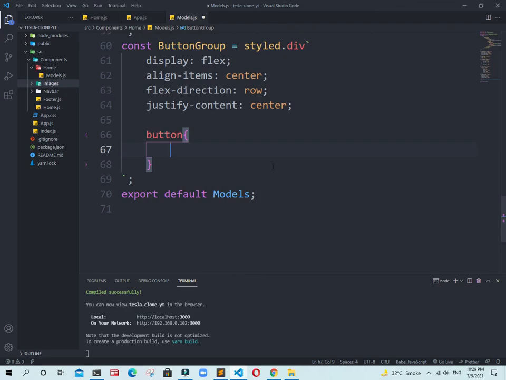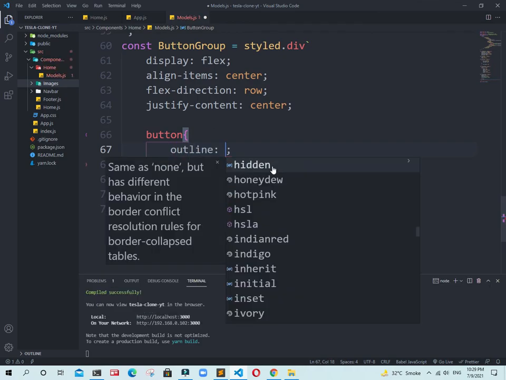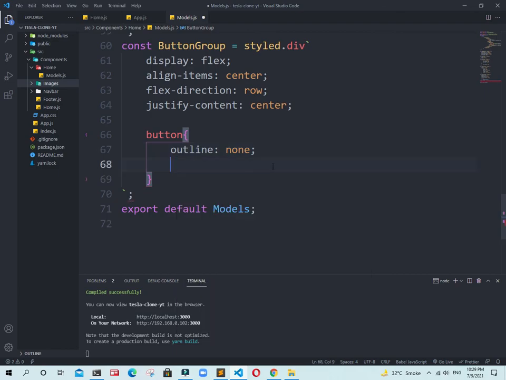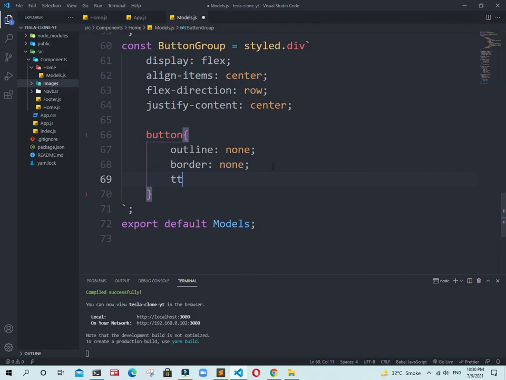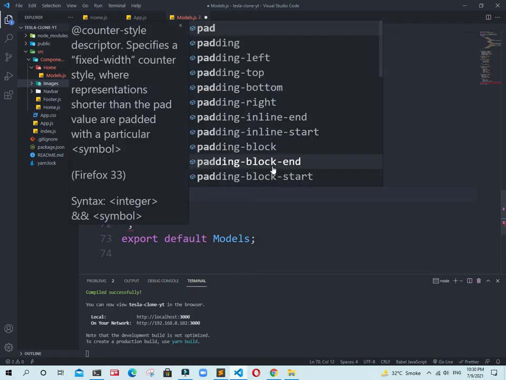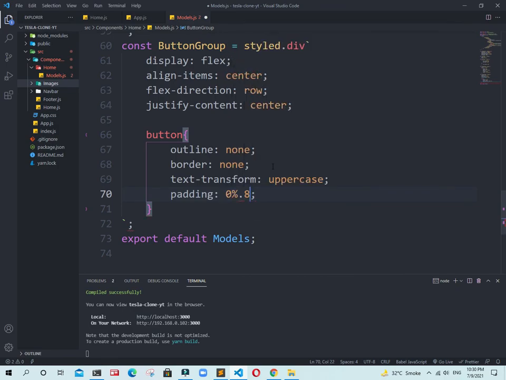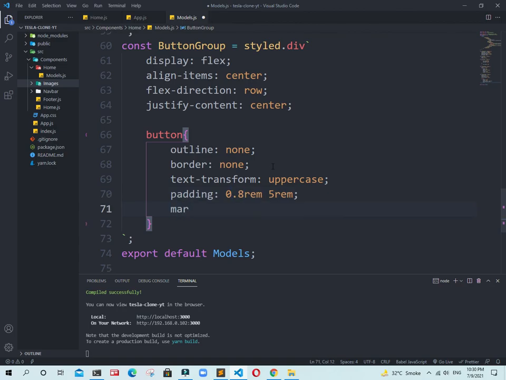Now to this bun, first of all, outline will be none. Border of this bun will also be none. Text transform uppercase. Just add a padding there of 0.8rem or .5rem. Now add margin to this one, 0 top and bottom, left and right will be 10 pixel.